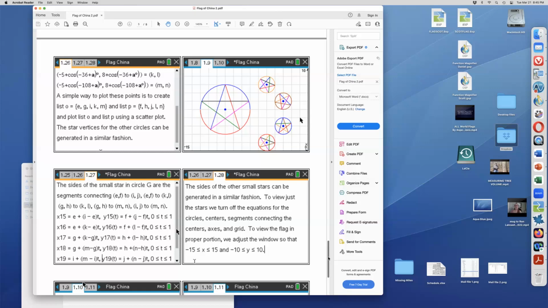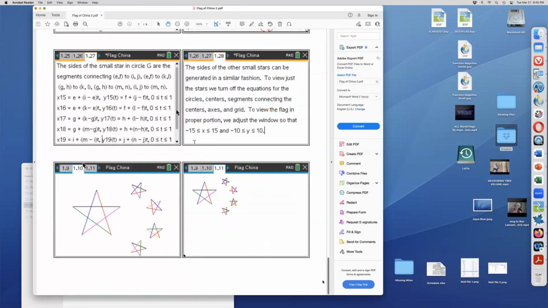pages. So now we've got those 5 stars, and so we have everything we need for the flag. What we need to do is get rid of all of the accessory stuff. So that basically means turning off equations. So you turn off the equation for the circles, for the centers, for the segments that connect the centers, for the axes, for the grids. You can turn everything off. And when you do that, you get the graph that Ron has on the bottom left, which is just in